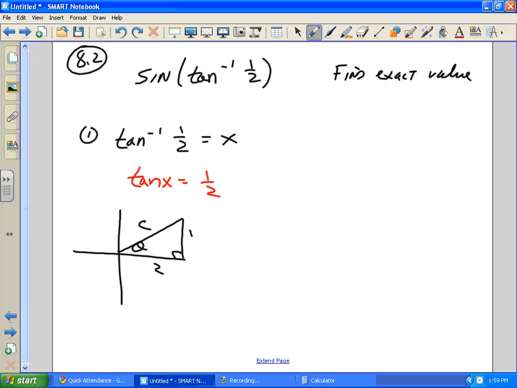Okay, so now, what do we get? C is equal to the square root of 5. Are you with me? Okay, so the second thing is, I guess this is actually, I'll call this